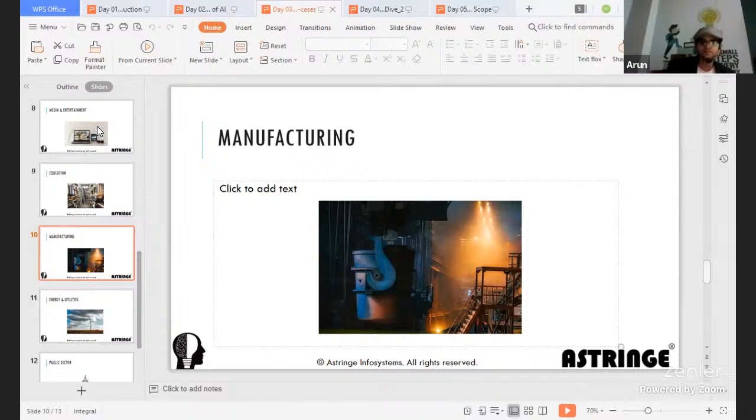And imagine AI used with hardware. Suppose you're asked to predict the temperature of an industrial boiler, which would go into the thousands of degrees Celsius. Would you be able to do it manually? The answer is no. Rather than that, you can use a device which will predict the temperature and give you insights, saying, okay, this is the temperature as of today.